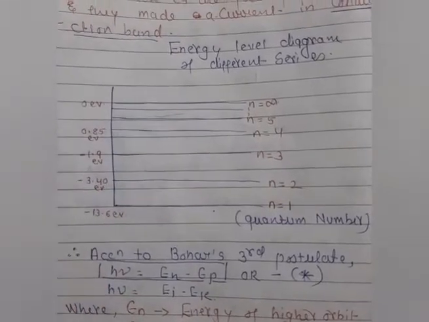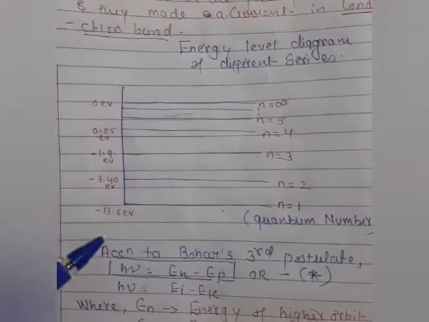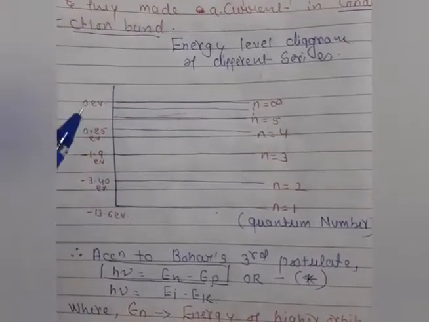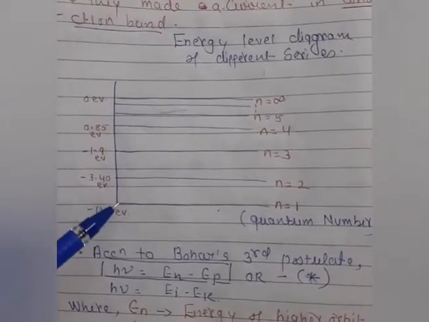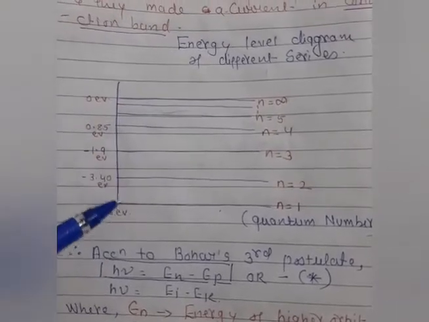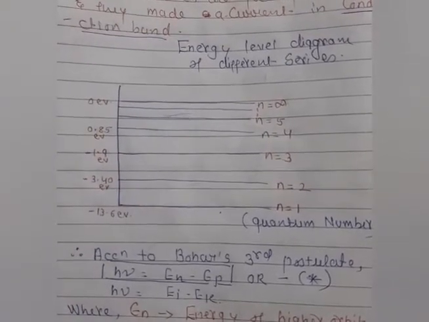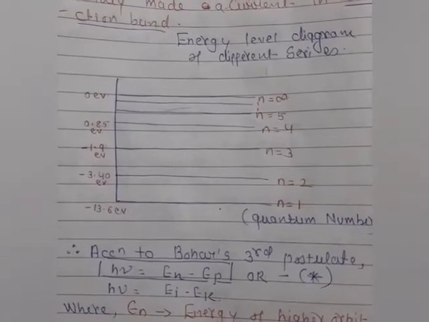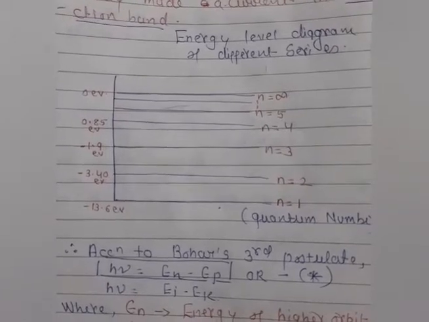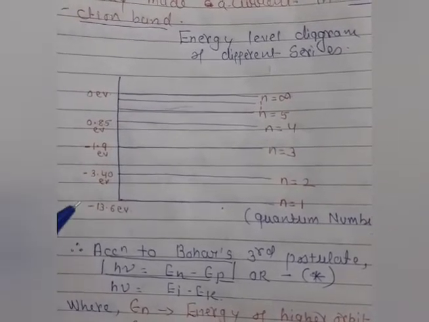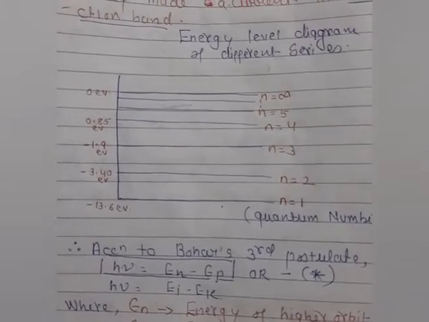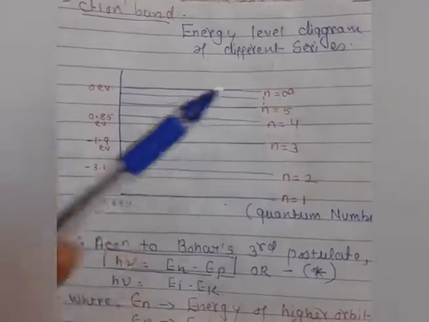As you know very well, that condition we can explain with the help of the quantum number and the energy of different levels of the electrons in these different series. As I already explained, the aim of this derivation is to find out the wavelength of the different series. To find the wavelength of different series, we should first know the energy of different series. So here we are getting this. Let us understand how we are getting these energies.